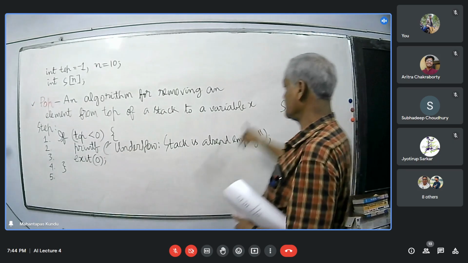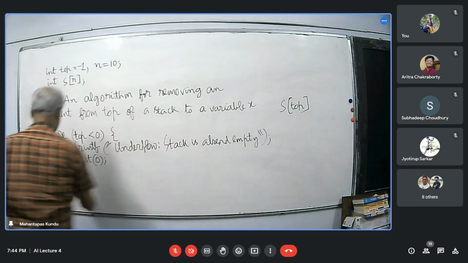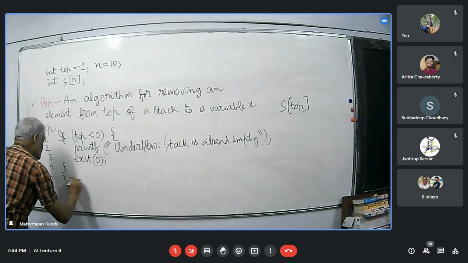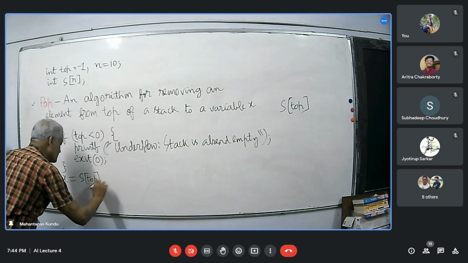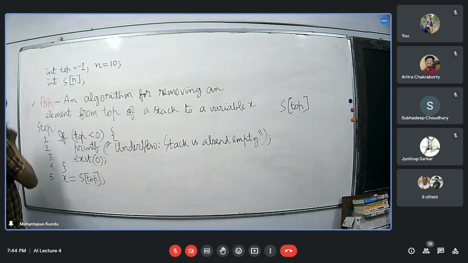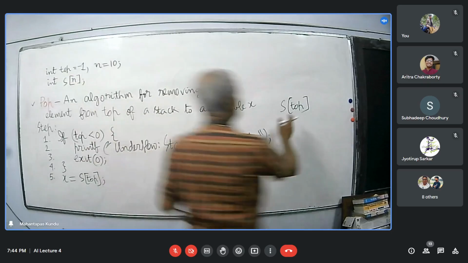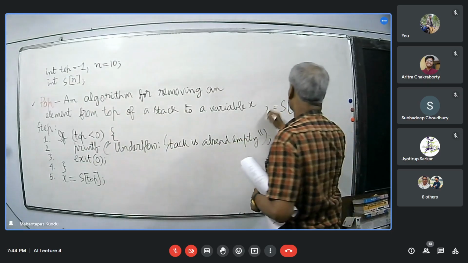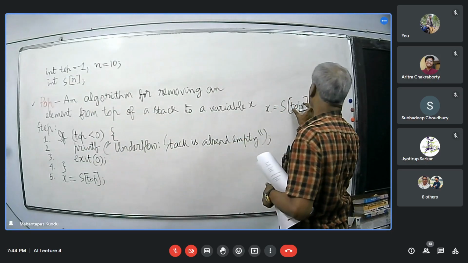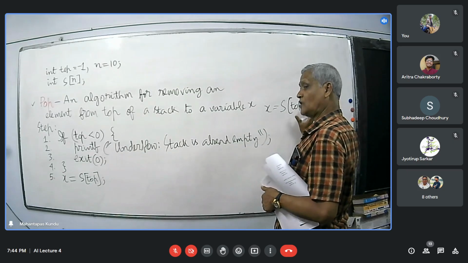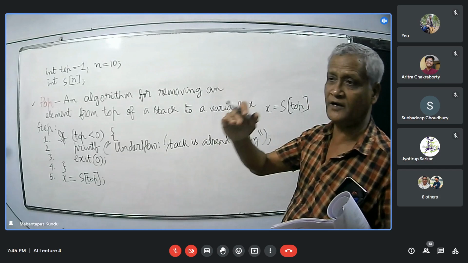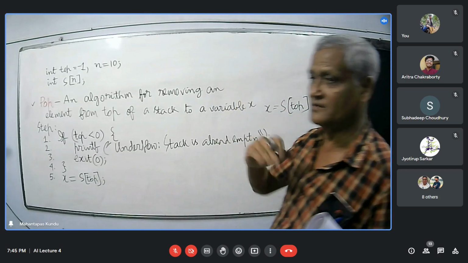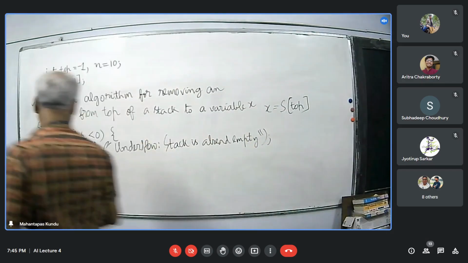So this will be copied into X. And once we copy this into X, what we have to do? We have to decrement the value of top by 1, so that it can point to the next element at the stack top.